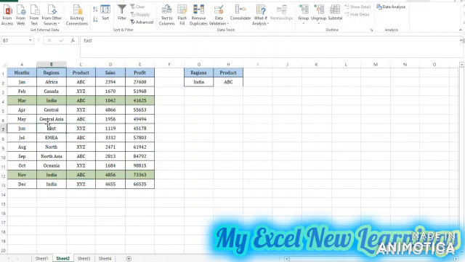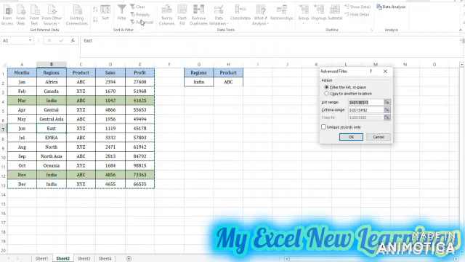So first you click in the data, then go to the data tab, then click on the advanced filter. Again the advanced filter box will open, then click copy to another location. So my range is already selected. Here you can see. Then we have to select our criteria range, that is region and the product.